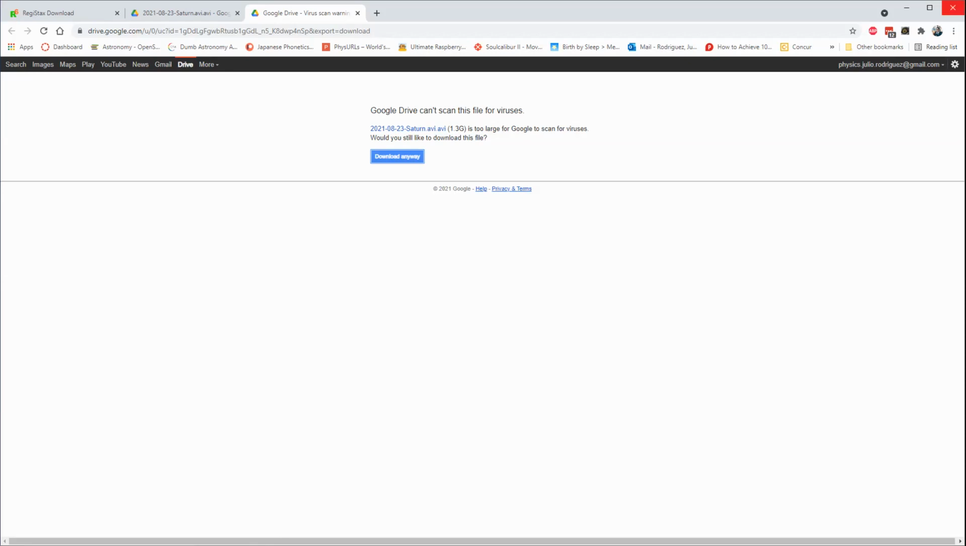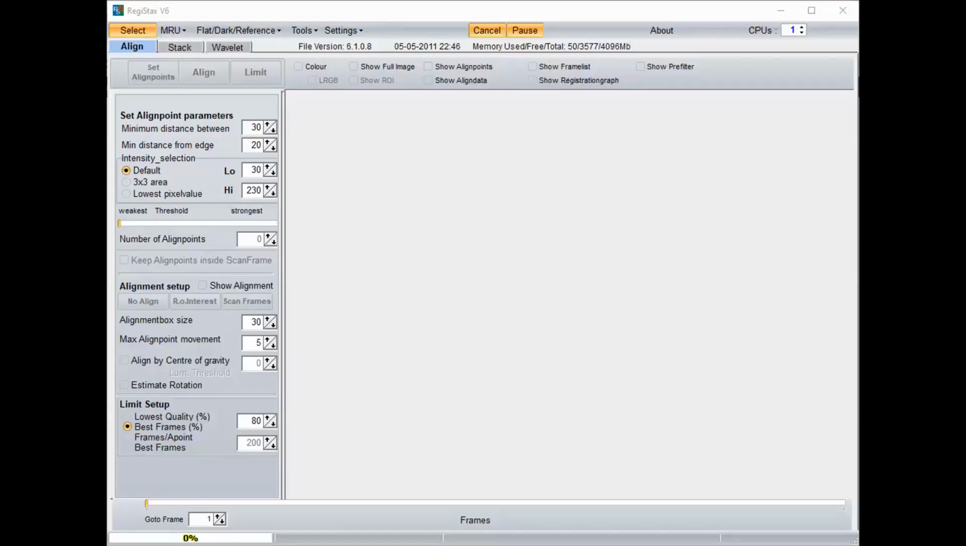So we've got Registax installed, and we've got our sample data downloaded. So we're going to open Registax. It looks like this. Not a super complicated looking program, super straightforward here. You're going to start by selecting data. So select,